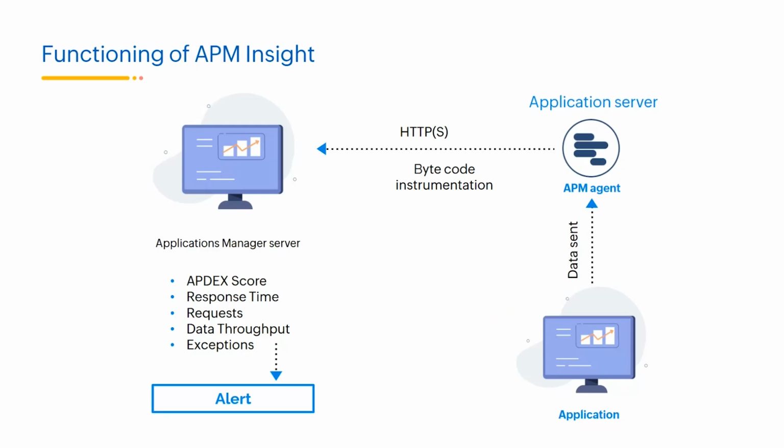Now, the Application Performance Monitoring Insight is a tool that uses an agent for monitoring the application. The initial setup involves deploying the agent onto the servers where the applications are running. So once it is done, these agents are responsible for gathering the performance data and transmitting it to the applications manager